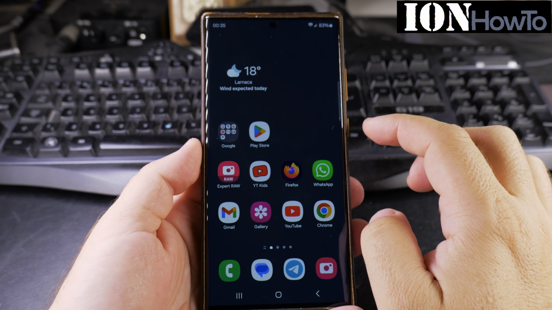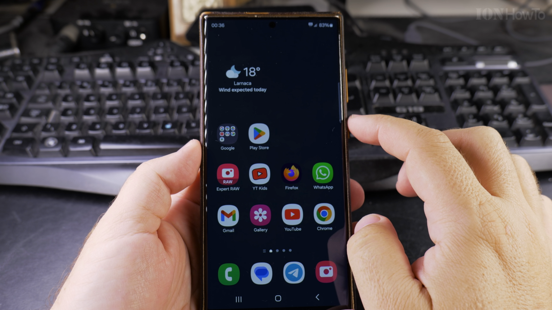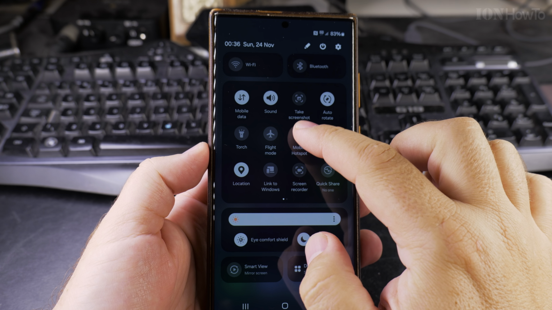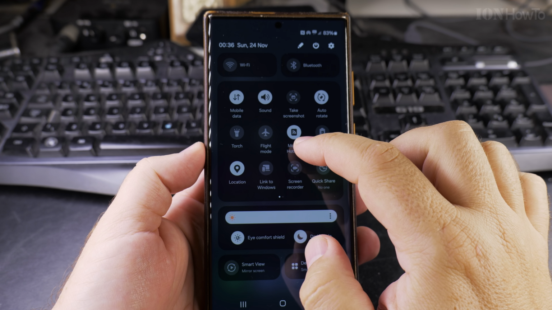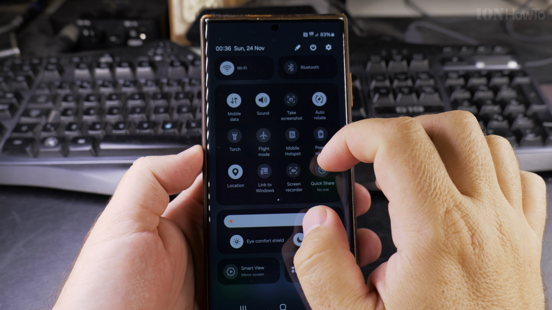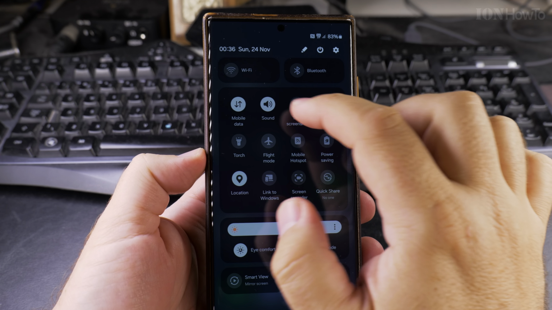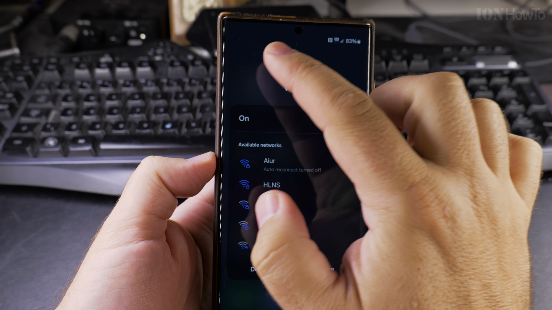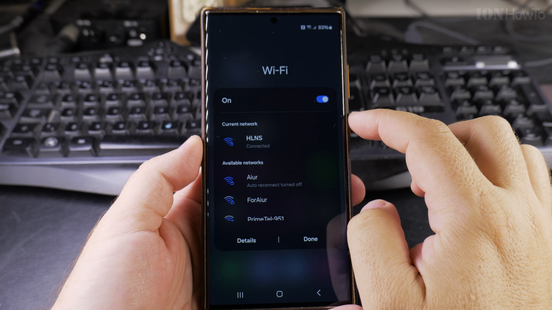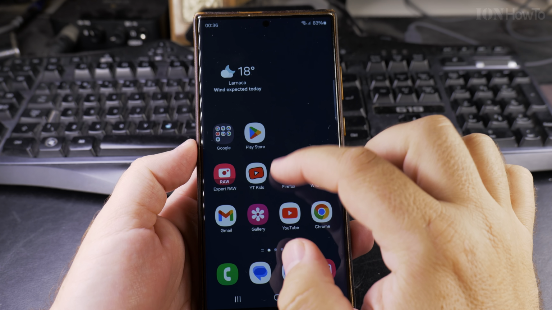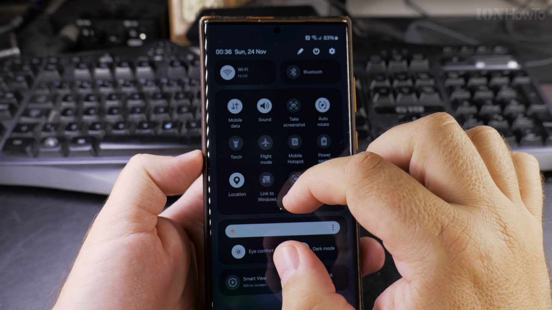In this video I'll show you how to use the mobile portable hotspot on your Samsung Galaxy S23 Ultra or any Samsung Galaxy phone, and you can use the pull down menu to enable or disable the hotspot. Here I disabled the Wi-Fi and the mobile internet. This phone has the 5G mobile internet and is connected to Wi-Fi, so it has both